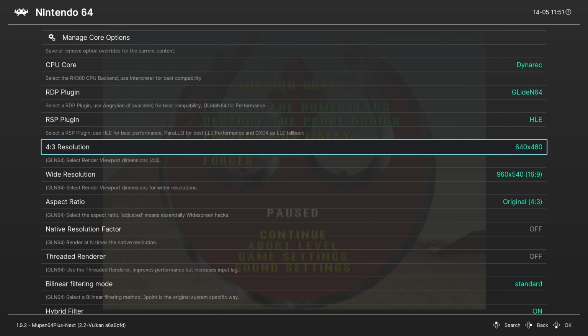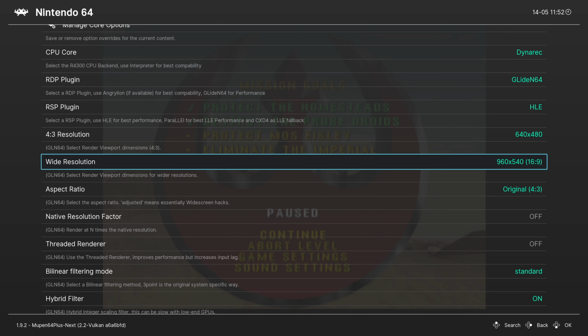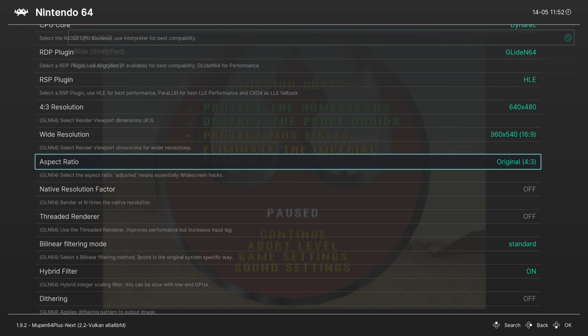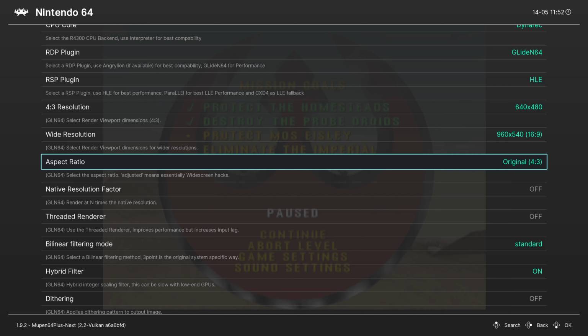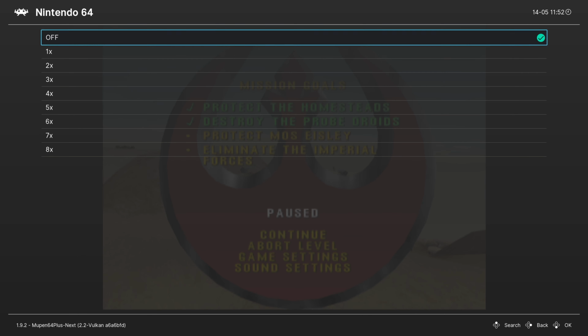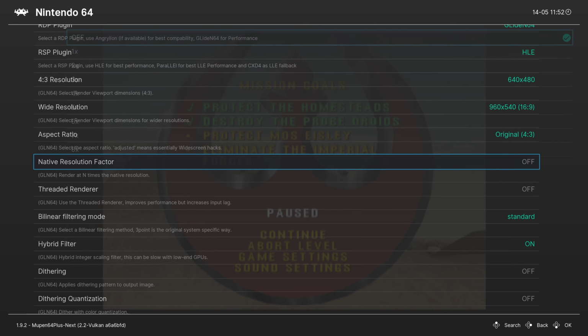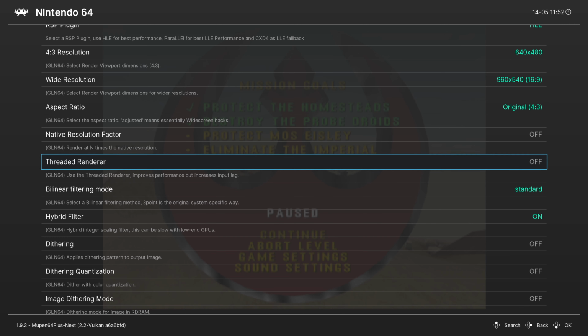You can change your internal resolution here and here for 4:3 and widescreen resolutions. And then you could also set a widescreen ratio there. And the native resolution rendering factor, you can increase that here. Threaded renderer, depending on the game, you might want to turn this on. If you have it turned on in the RetroArch video settings, you don't need to turn it on here, I